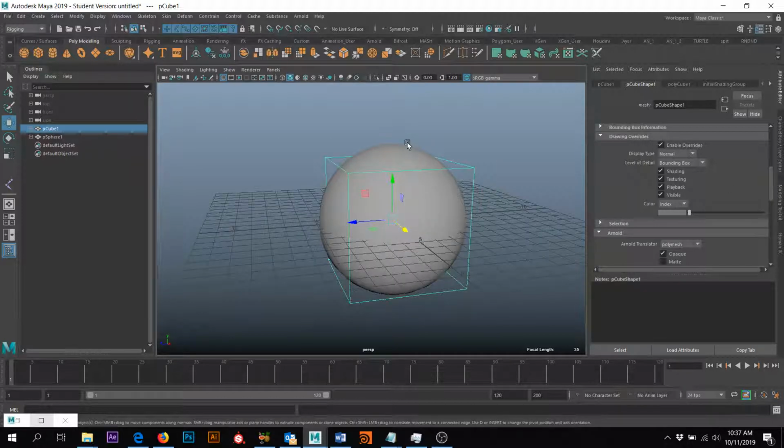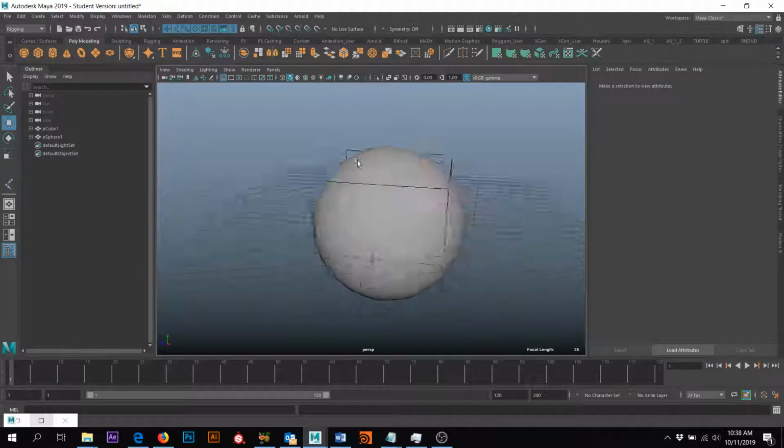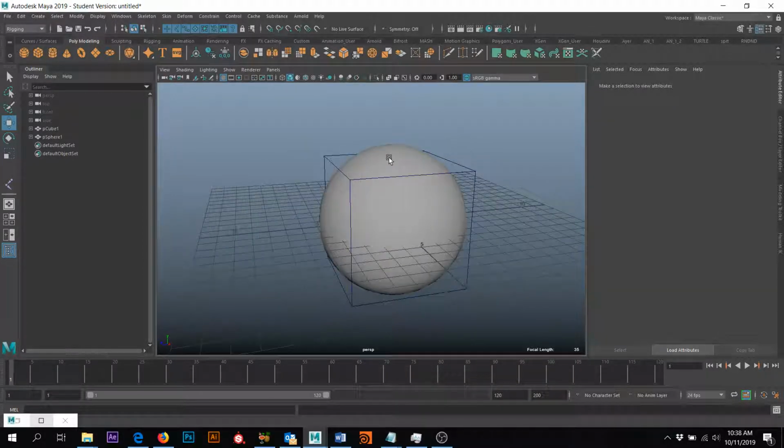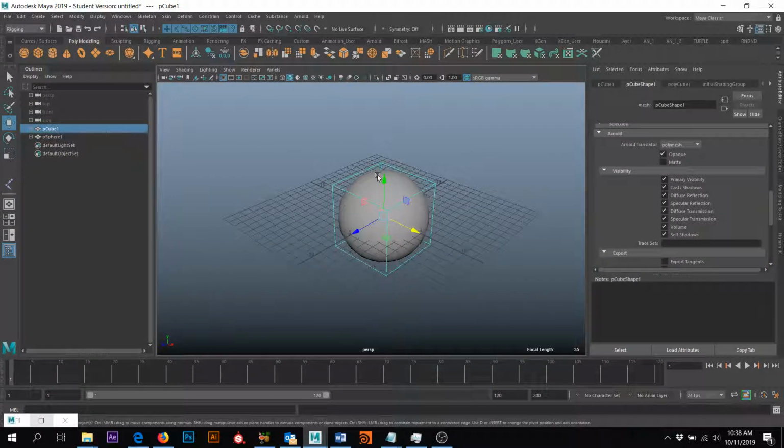Okay, so for the sphere, that's going to be under the Arnold section. What you want to do is come down here to visibility and flip all this off. And that's really it. Neat. Now we're looking at the sphere, but the sphere will never render, the box will render. So for example, if I just pull this sphere out right here and drop down a